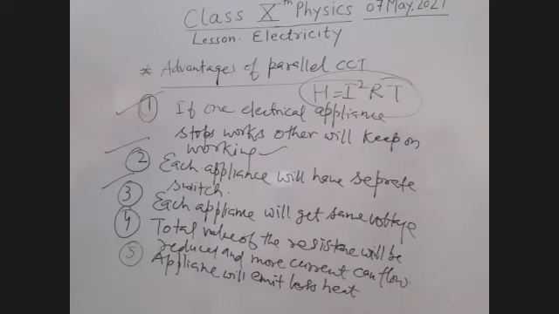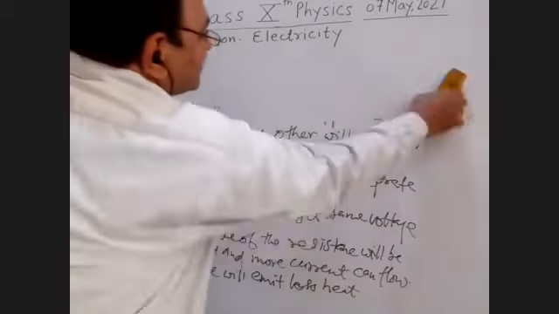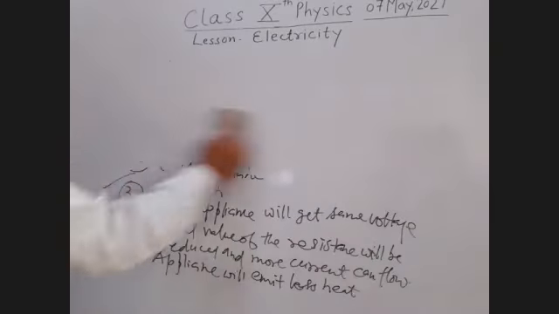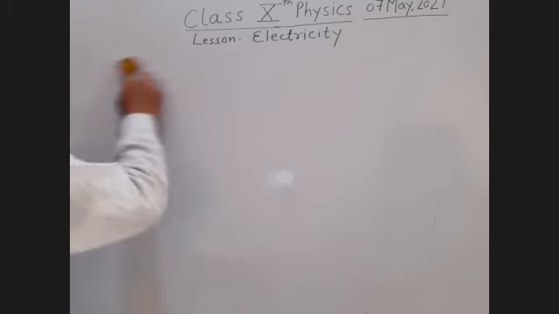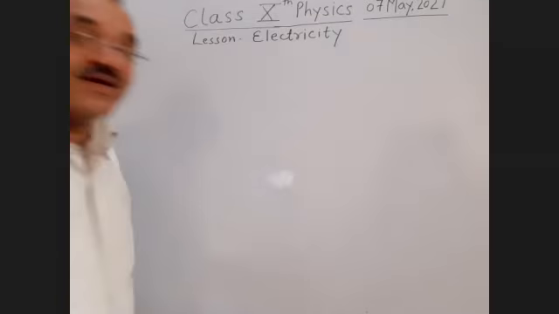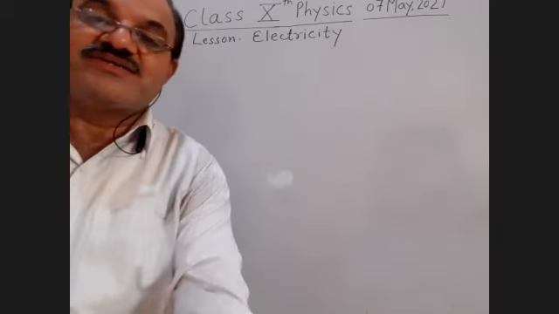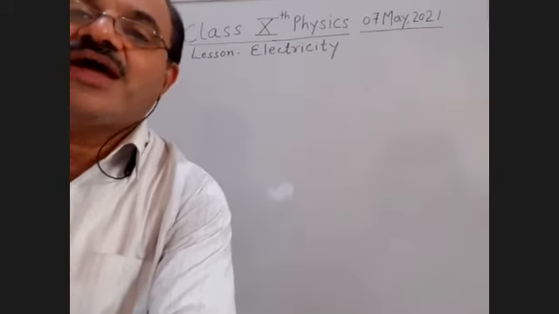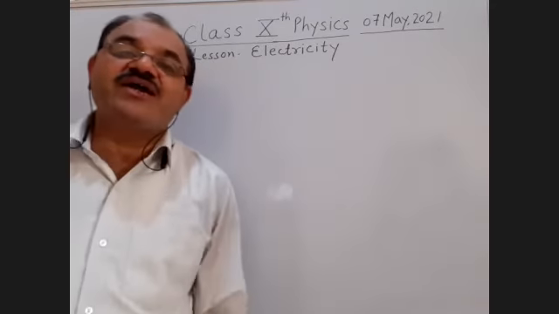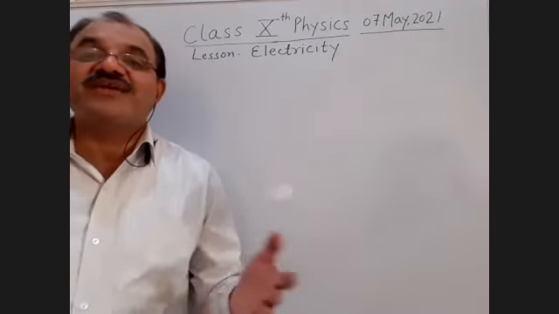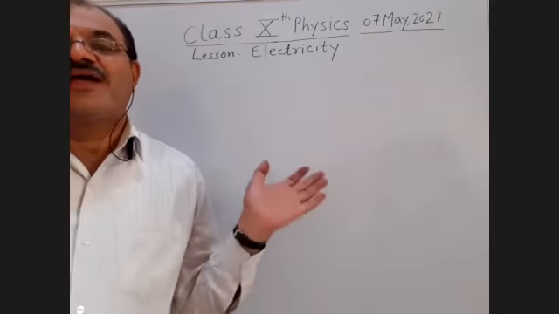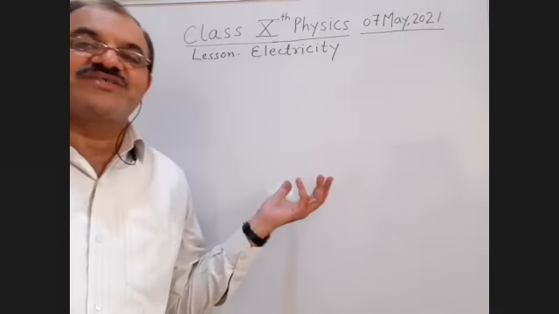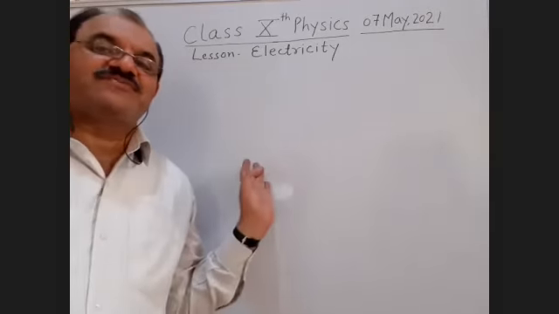Is it clear, students? Now, the next question is also very, very important, and we are going to discuss it now. It is based on combinations of resistances in different forms. They have not given the pattern, meaning how the circuit is, and whether the resistances can be in series or in parallel. Now, students, we have to decide how to make the circuit and how these resistances can be calculated, and this is known as the technique, or the quality of a good engineer.